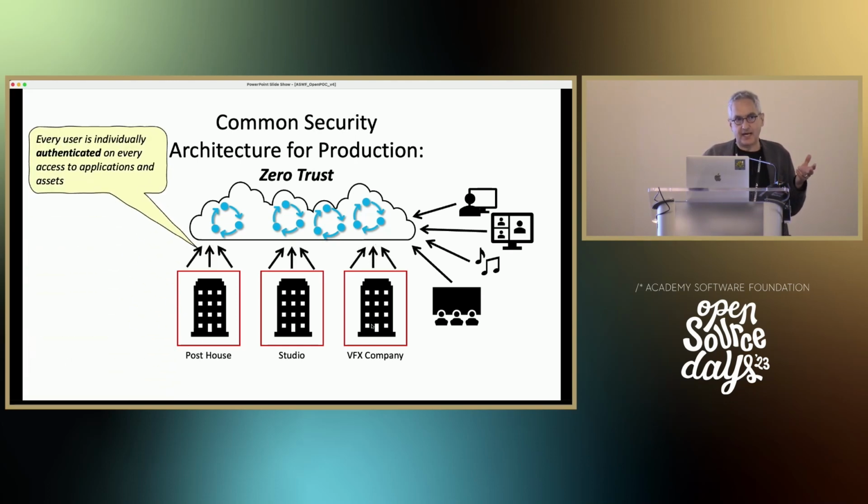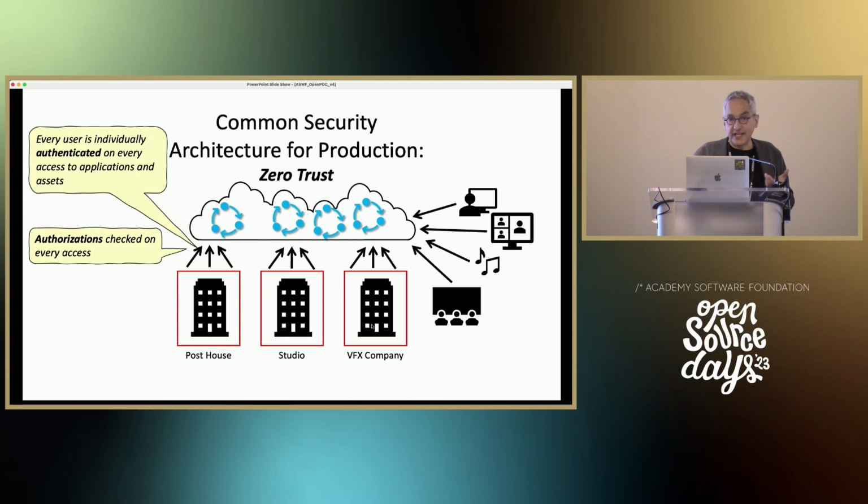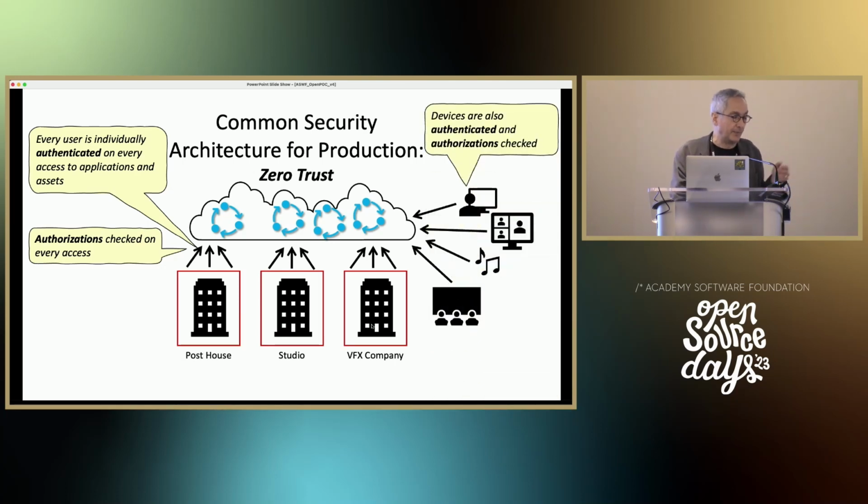And it basically is about authentication. Every time someone or some service does something, it should authenticate itself to that other endpoint before that endpoint lets it do something. And authorizations should be checked. So if I have more complicated authorization policies than just you can do anything on this service, maybe you can only access certain parts of the database, only certain assets, those authorizations are checked against the participant who's trying to do those things. Devices ideally should also be authenticated.